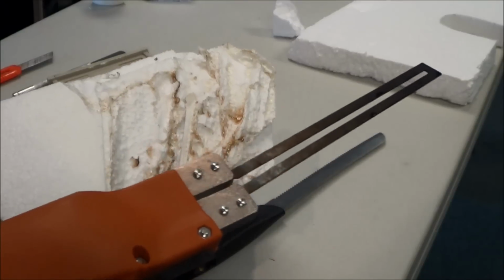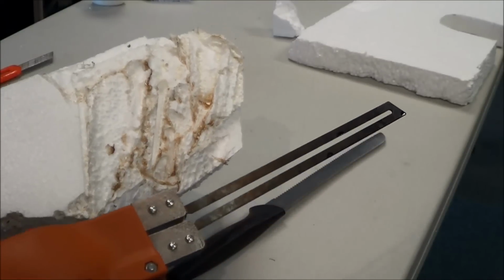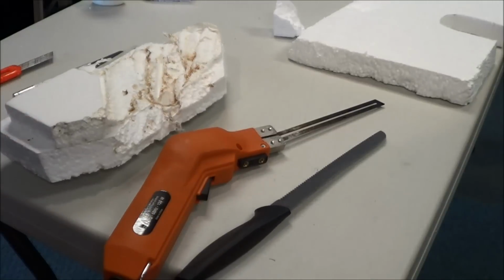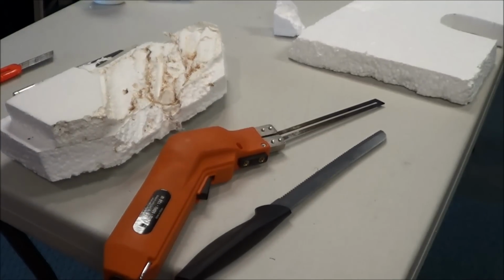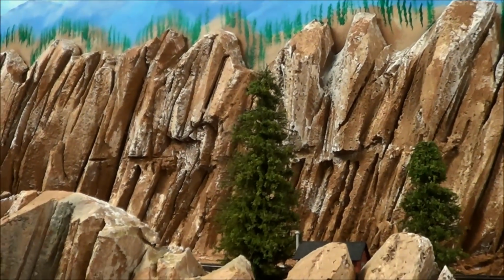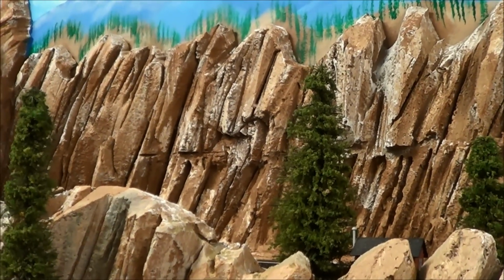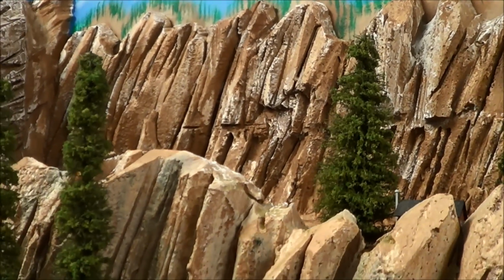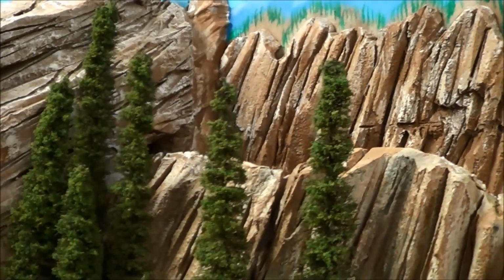And the practice is experimentation, because there is no right way to do this. I'm going to set this down. There's no right way to do this. This is another example of beadboard foam carved up with that hot knife that you just saw. And this creates